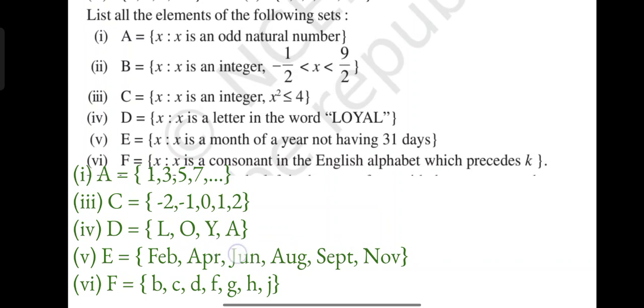Okay, and the next question, the second one, which we have put aside for discussing last. Okay, it is B. The set should be an integer. So by seeing integer, we can write every number there which is negative, positive as well as 0. But it is specified one more condition. It should be minus 1/2 less than x less than 9/2. The number we are writing should be an integer, and it should stay in between minus 1/2 and 9/2.